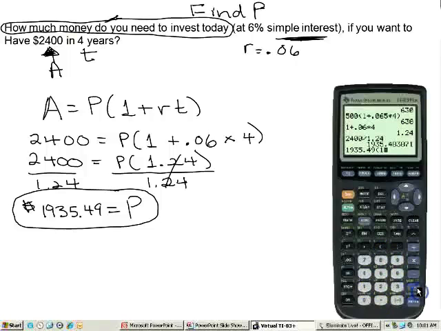So let's see. $1,935.49 times parentheses 1 plus 0.06 times 4. I have $2,400, and if you use the mathematical rule of rounding, 1 cent. If the bank just chops it off, it's $2,400 even. Now, if on my answer over here I had $1,935.48,